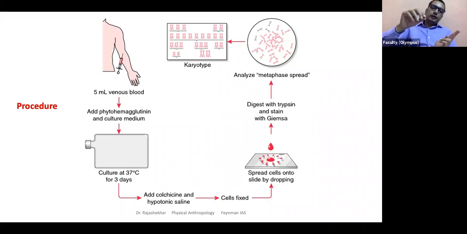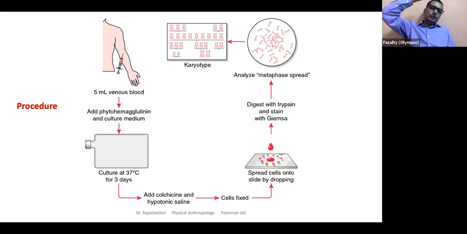And these cells that we have here, they add some amount of salt to it, hypotonic solutions they normally add, so that cells become swollen. Why? Because it is easy to break them. Our goal is to somehow get the chromosomes out of the cell. So it's like you feed some water to them. They gain water like that and they bulge, and you drop the cells like a drop from a tube. You drop it on the slide. What happens when something like that drops onto a slide? It'll open up, it'll break, it'll blast. And when a cell blasts, what happens? Everything inside the cell comes out, including the chromosomes.